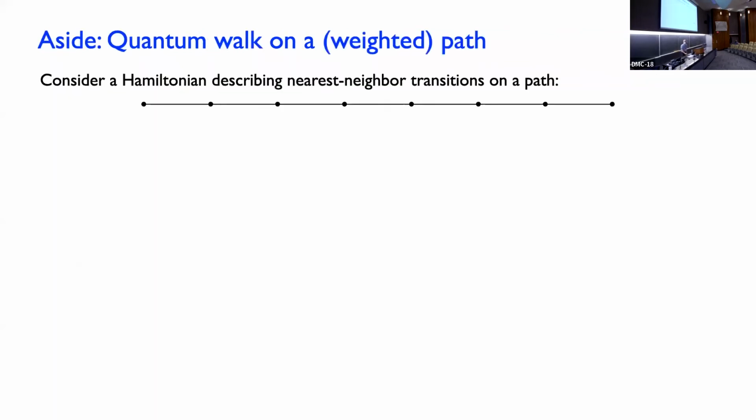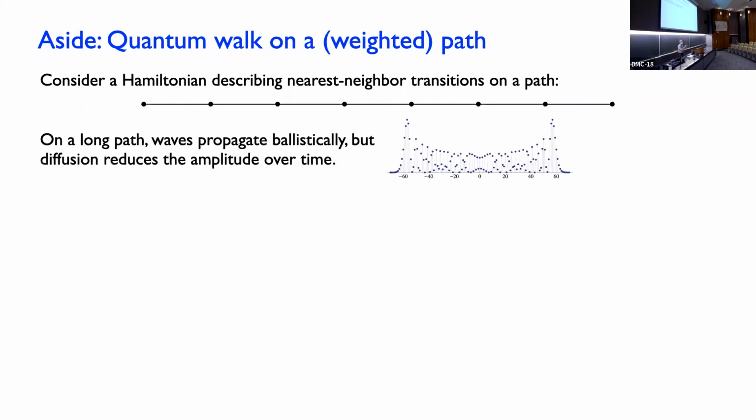Okay, so the Hamiltonian that we have here involves these nearest neighbor transitions on a path. What we'd like to do is move from one end to the other. If we went diffusively, that wouldn't be too bad, because it would still take time only quadratic in the length of the path. But that's not how things move quantum mechanically. We have waves that propagate ballistically, so we would expect to get to the other end of the path in time that goes only linearly in the length of the path. But to make things really clean, we would like to go exactly to the other end of the path. And if we have a wave,